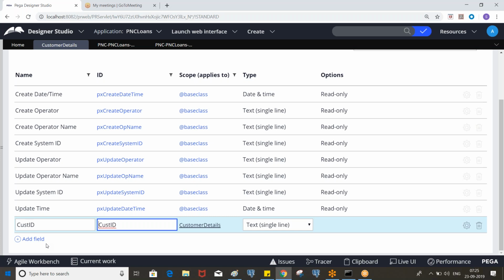I told you, there will be two ways: one is from UI to database, and another is from database to UI. Here we are directly creating a data class, and it will act like reference data. And if you want to fetch it to the user interface, you can fetch it.